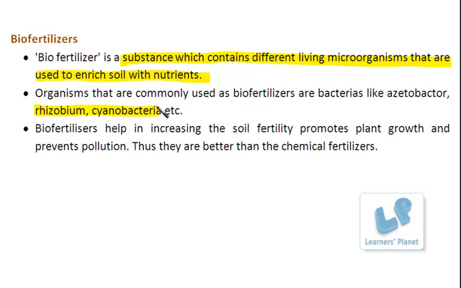So looking at this property, these bacteria or organisms are grown in bulk amount, and then they are stocked and stored properly, and then they are supplied to the farmers,